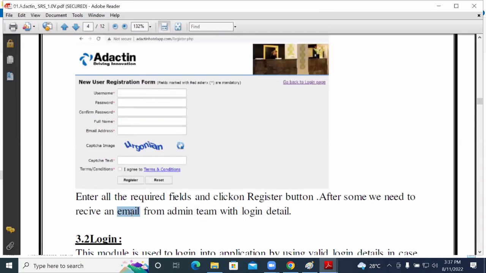Email. Email from the admin team or the KCR team? Is KCR sending any email for you guys here? No. To whom do you have to get an email? From the admin team. That email also has